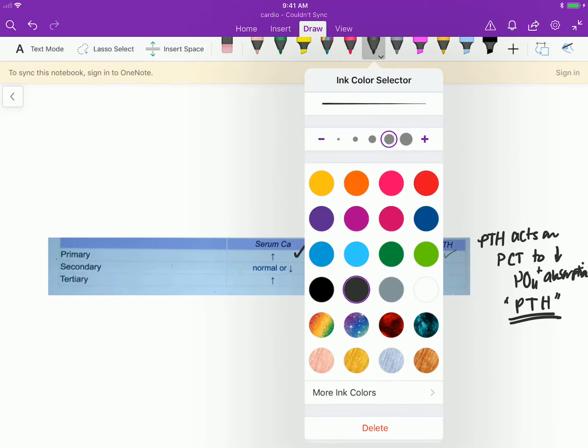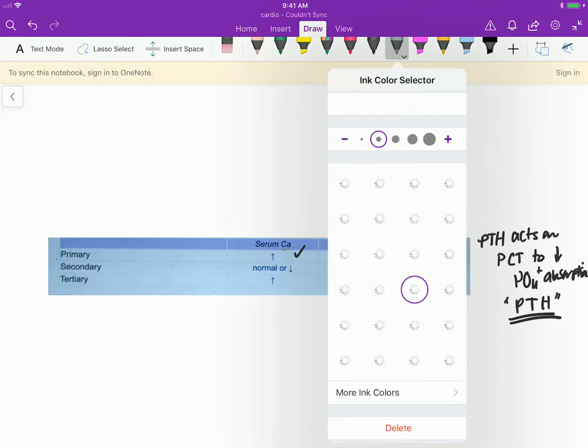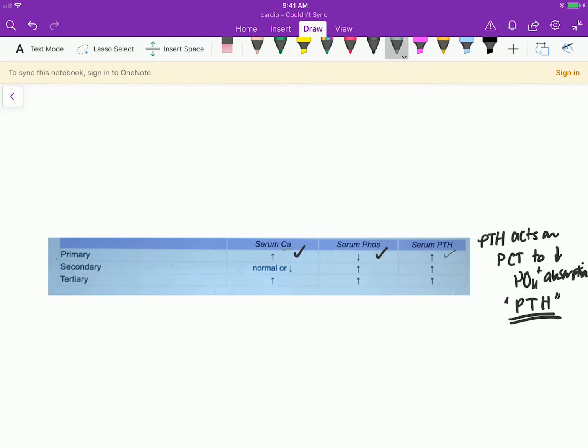Secondary is when there is a problem. Usually, there's a problem in the kidney or something, so that calcium is not being absorbed, or there's a lot of phosphate. So for that one, you're going to have increased PTH, but your calcium is going to decrease and your phosphate is going to increase. So there's a problem somewhere in the gland or downstream in the body where